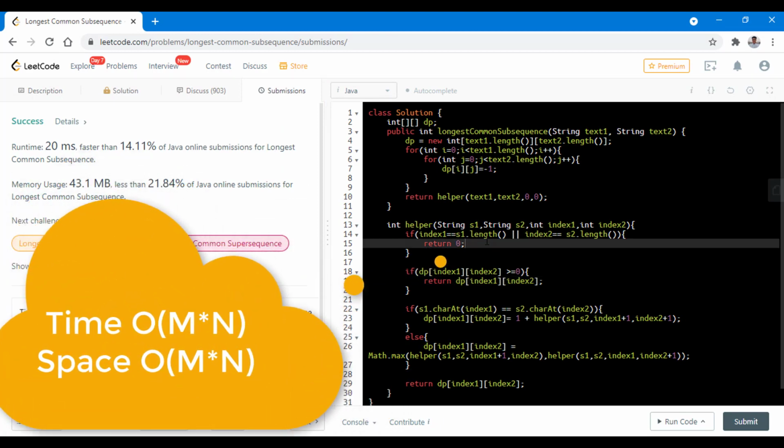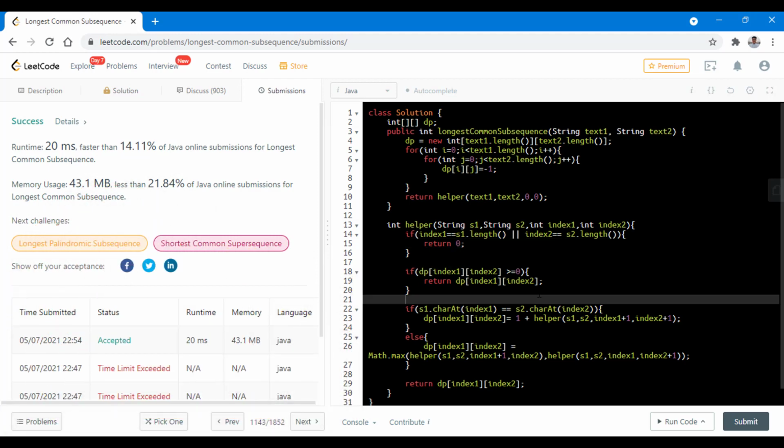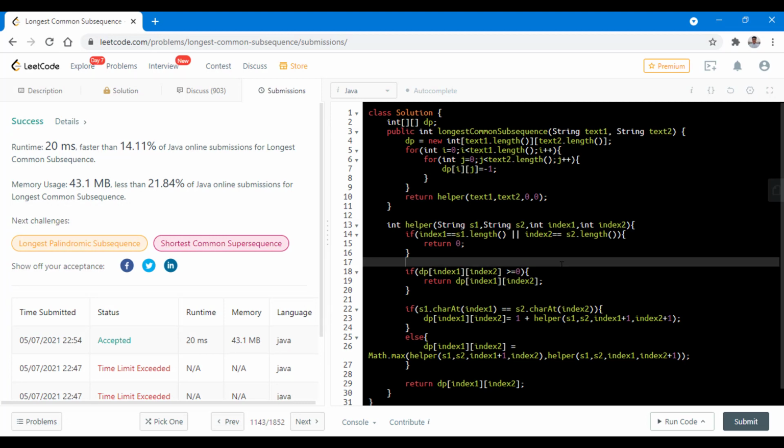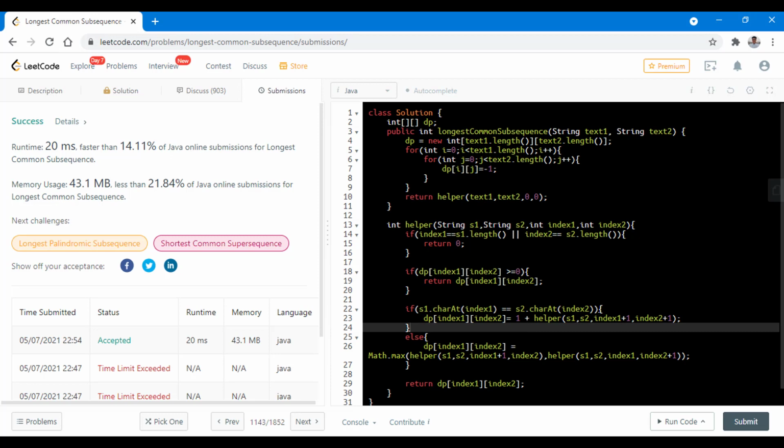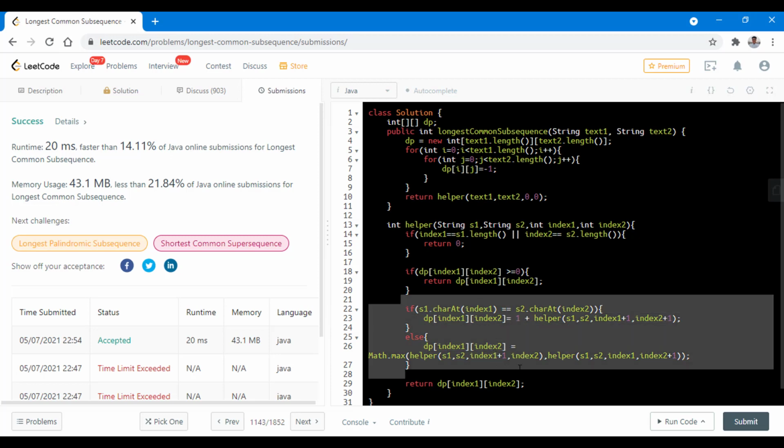The time and space complexity in this case is m into n, where m and n are the lengths of the two strings. Now we're using recursion with memoization in order to find the results. How can we do that iteratively? What all things can we make out from this particular if-else condition so that we can use that? Let's discuss that first with the help of an example, and we can then convert this code into iterative code.